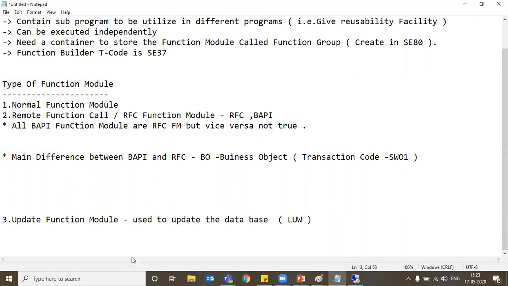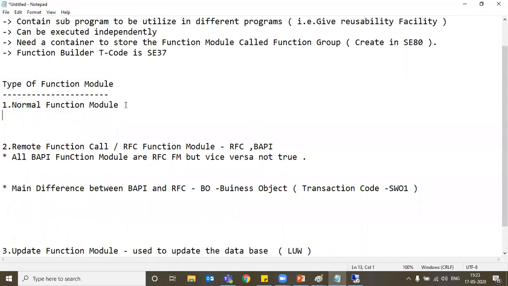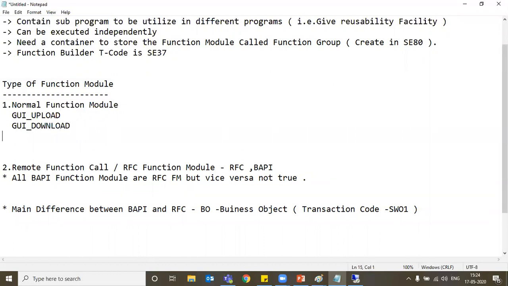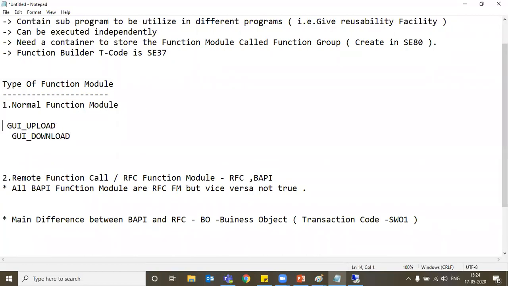Now you have the normal function modules. Some of the standard function modules are GUI_UPLOAD and GUI_DOWNLOAD. As I told you, you need not create your own custom function modules, because the function modules already created by SAP itself are there to utilize.